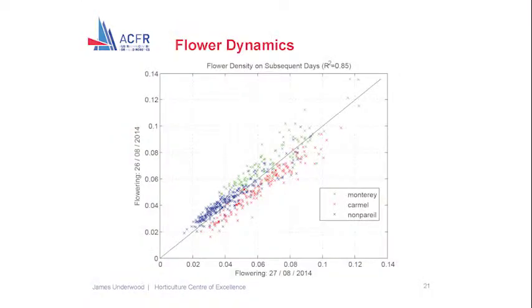If you look at that again, in just the same sort of data, look at it in a different way. So each point here is the flower density of a particular tree from one day to the next day. You can see the rate of change. So some of the varieties are increasing. They're not yet in the peak bloom, and others were in the peak bloom in the past and are now declining. And so this graph actually shows exactly what you want to see, which is that the harvest species,